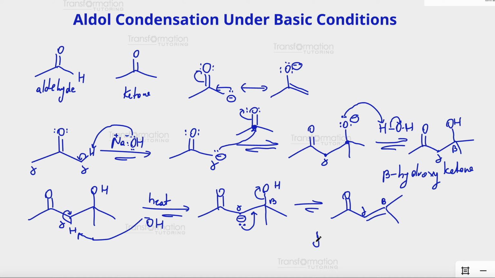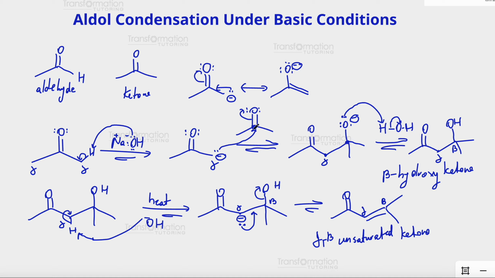This product is called alpha beta unsaturated. Unsaturated means a double bond, in this case, ketone. So if we see that our product is double, single, double bond O, we know that this was the product of aldol condensation. Another thing that I wanted to mention is that sometimes, instead of attacking itself, it will attack